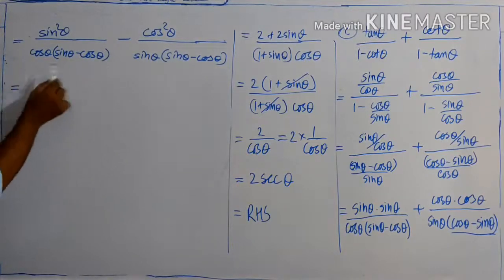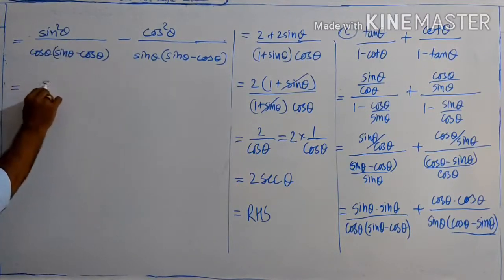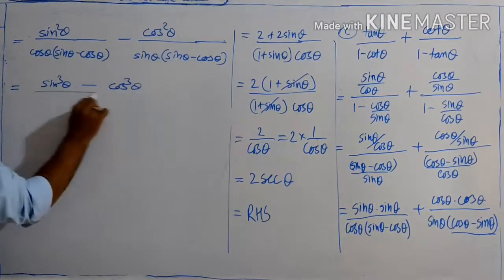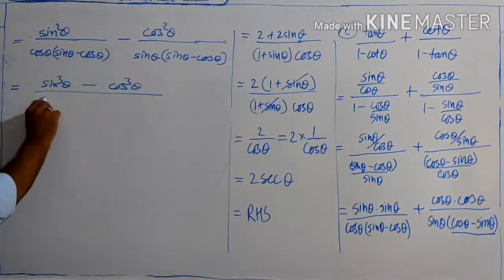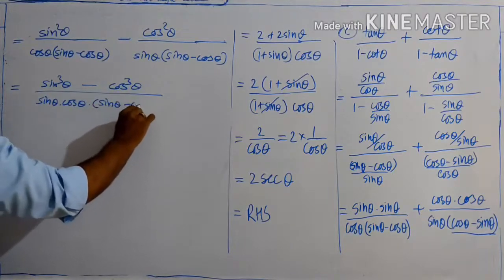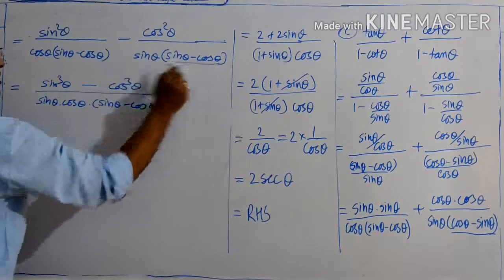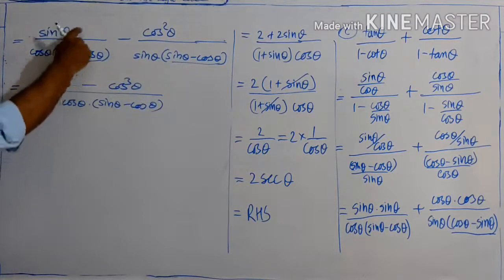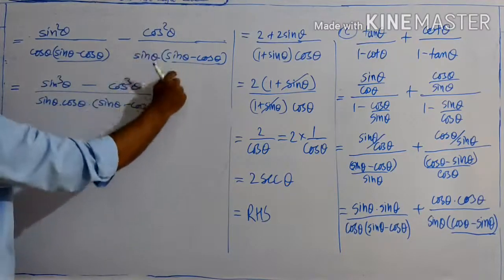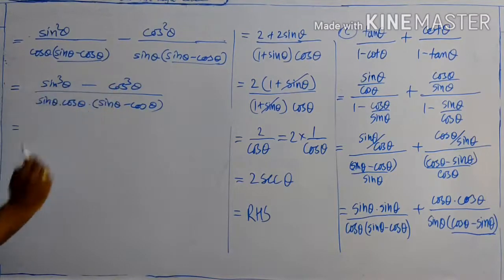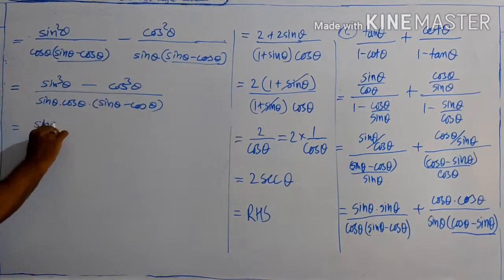So now taking LCM, by cross multiplication we will get sin cube theta minus cos cube theta whole divided by sin theta into cos theta into in bracket sin theta minus cos theta, which is the LCM. So multiplying both numerator and denominator by sin theta, and here both numerator and denominator by cos theta, we get this. So now using the identity a cube minus b cube, here we get sin theta minus cos theta, another bracket